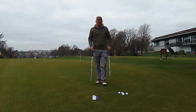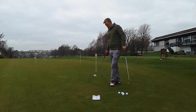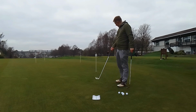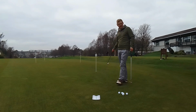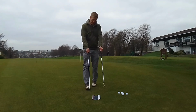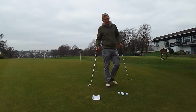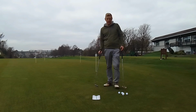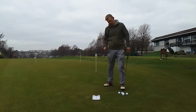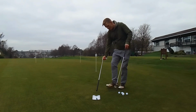Right, so we're getting set up here. The drill that I use, I'll try to find a relatively straight putt here, and I'm about 10 feet away, 12 feet away. So what I'm trying to do here is line that up as straight as possible. Now you can use alignment sticks for this. I don't use alignment sticks, I've never ever had one. I've got a club, alright. So I'll line that up straight to the hole as possible,